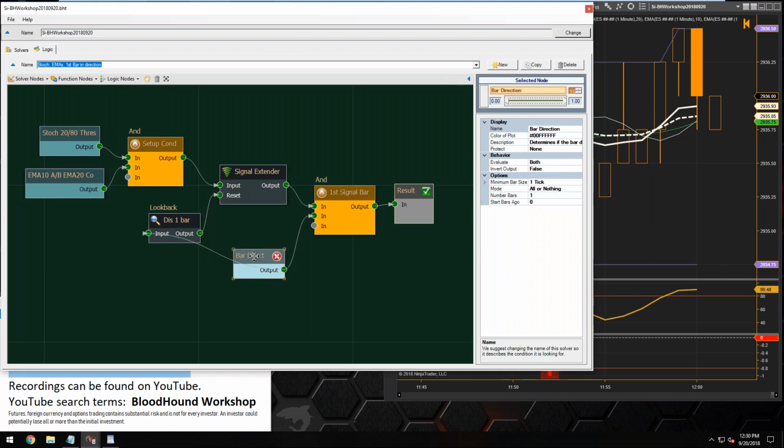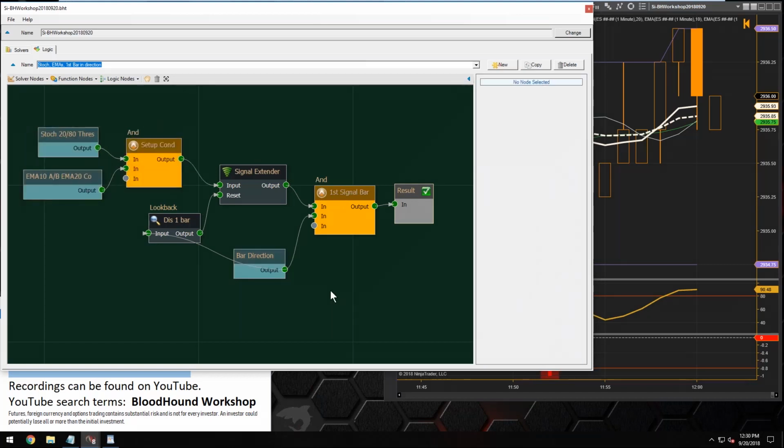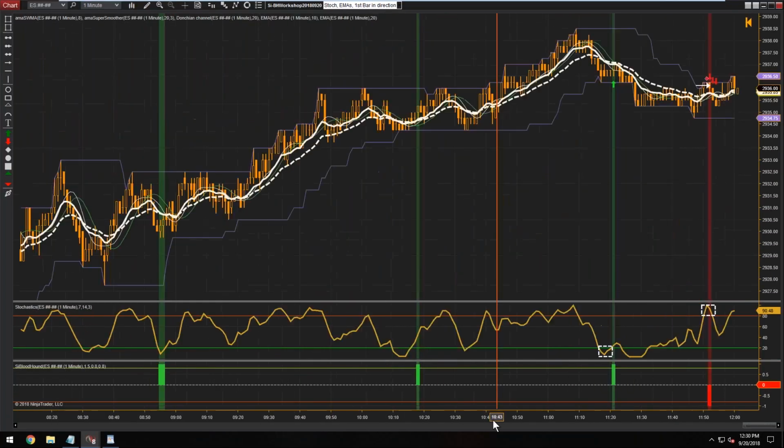So this bar direction identifies this signal bar, once we have met our setup conditions here. So we'll take a quick look here, shrink up our chart,